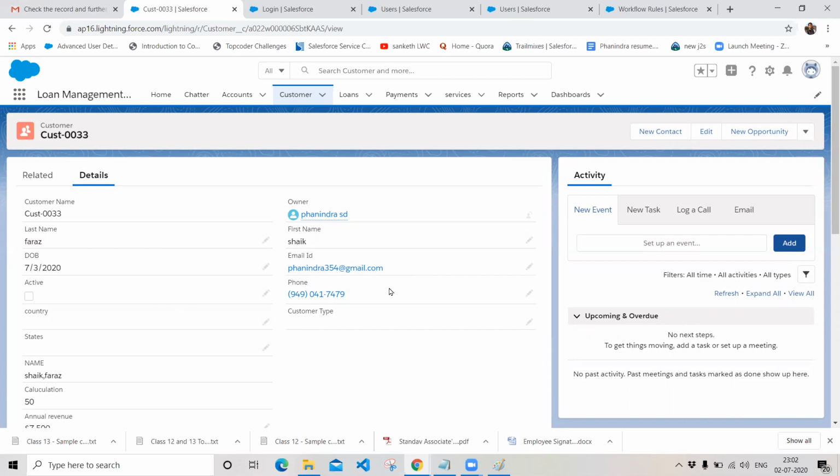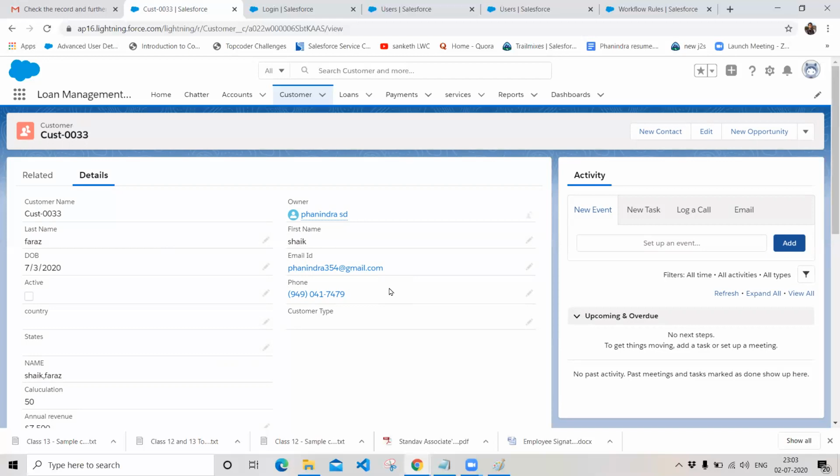In that case, I need to choose the next day, and I need to specify the time to create a task. In that scenario, you should go for time-based workflow rules. Time-based workflow rules are not an immediate action. They are not performed immediately. They will be performed at a specified time that you have defined. Similarly, if I am creating a record at 6 p.m. and said that this workflow rule should fire tomorrow morning, then it will fire tomorrow morning only. It will not fire immediately.